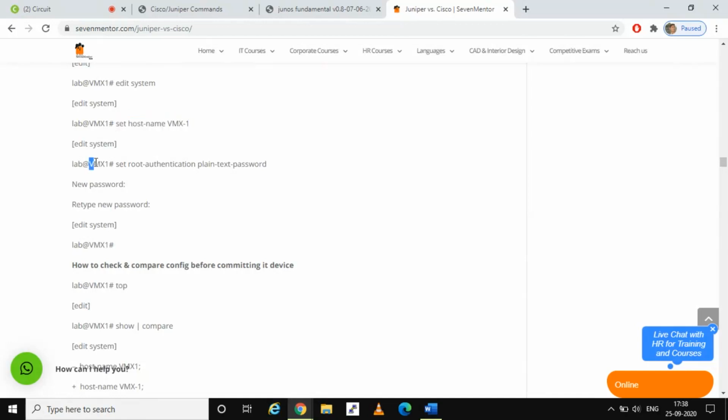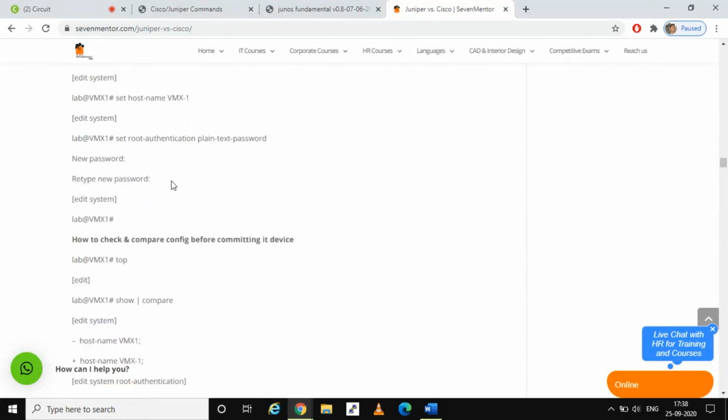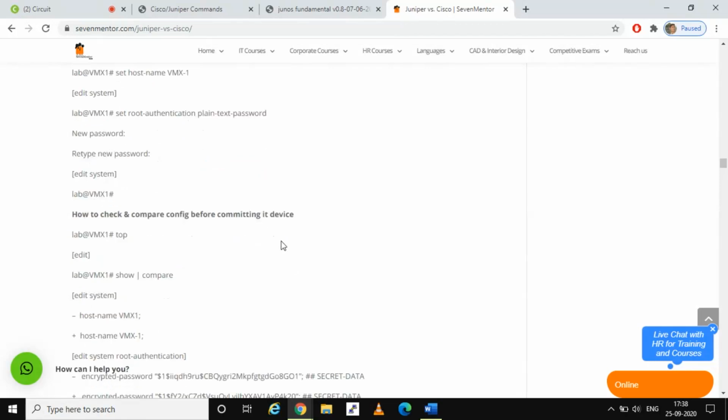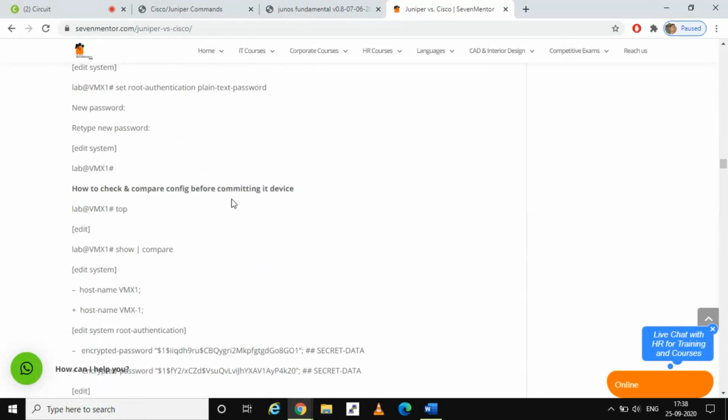After that you find VMX1 as the host name. Then you have to set the password via the command root-authentication plain-text-password, and you can directly type the new password.